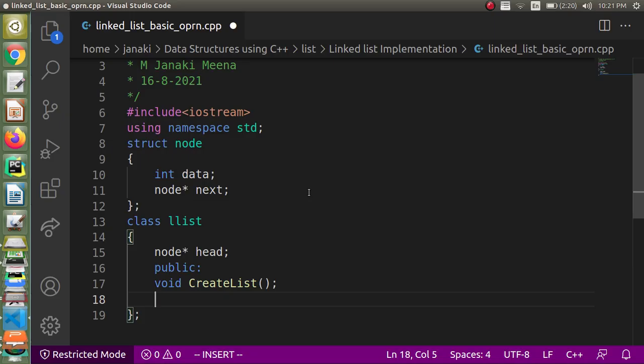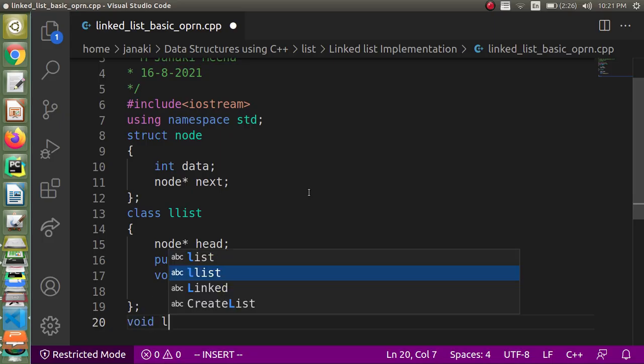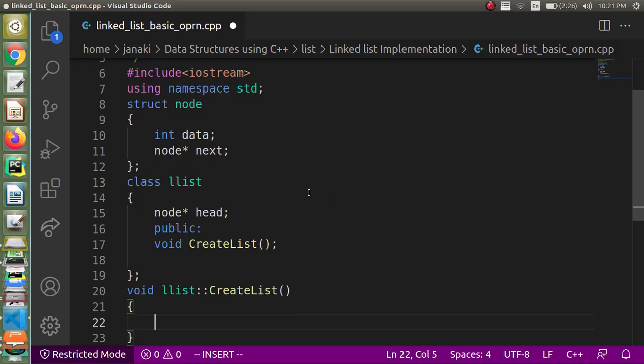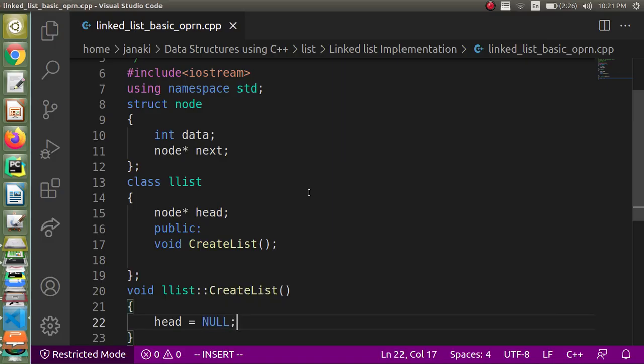So we need not pass it in object oriented programming, but if you are writing a C code, then you have to explicitly pass it, and you have to decide the passing mechanism and so on. But in C++, no problem at all. This function will be called through a list only, so that will come as an implicit object. Fine. Okay, so let me write it, define it. So I will tell create list, and here we will tell head is equal to null. Pointers will be initialized like this.